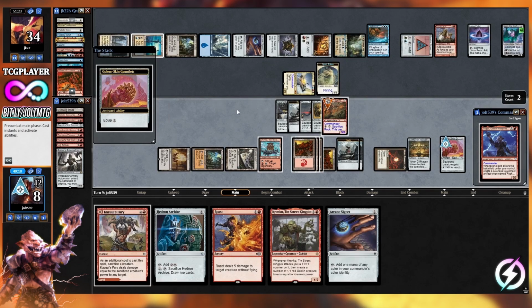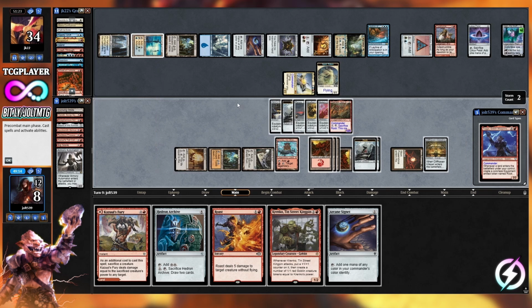And make sure we're looking at this right. All right, it's going to be Golem Skin Gauntlets. That's going to be 14. And then we go for...